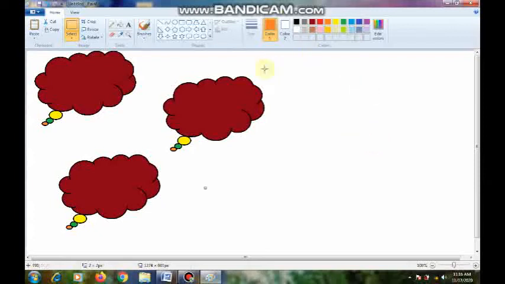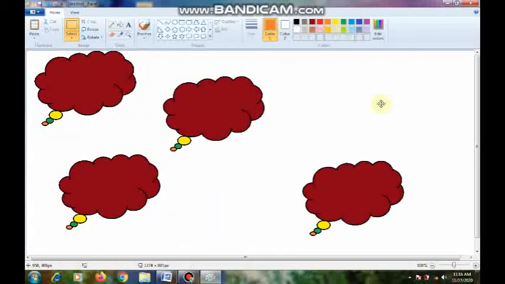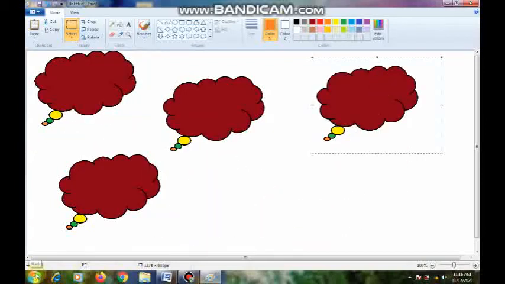Next topic you see, children. Here now I am doing with the mouse, no? If you want to copy by using the keyboard, how can we do it? First select this one, press Ctrl plus C, then automatically the image was copied. Okay, and next press Ctrl plus V, automatically the image was pasted. Means see, another copy came.